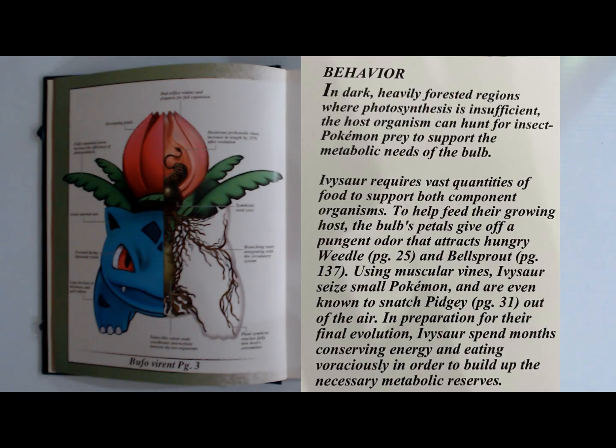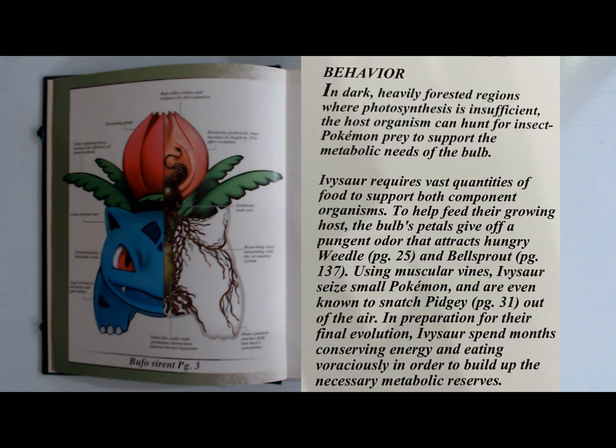To help feed their growing host, the bulb petals give off a pungent odor that attracts hungry Weedle and Bellsprout. Using muscular vines, the Ivysaur seizes small Pokemon and is even known to snatch Pidgey out of the air. In preparation for their final evolution, Ivysaurs spend months conserving energy and eating voraciously in order to build up the